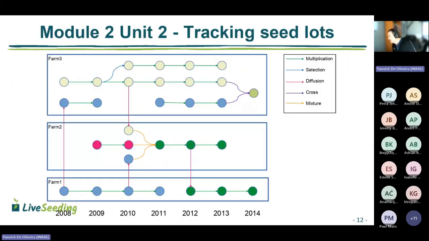So basically, this is the kind of information that you can store in SHineMas. To explain this schema, you have a little circle here in blue on the farm one, and you have three farms, three locations. The circle is a seedlot, and the color represents the germplasm, the biological material. The seedlot has been diffused from farm one to farm two, and in